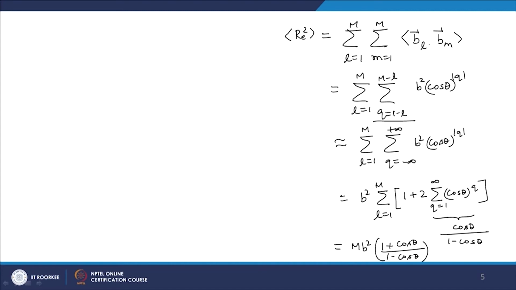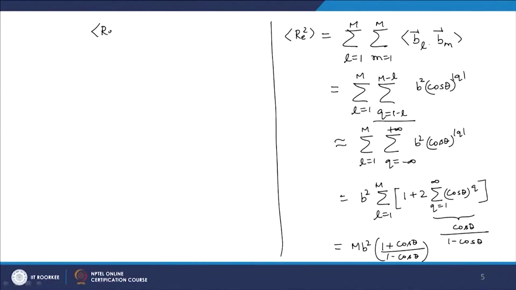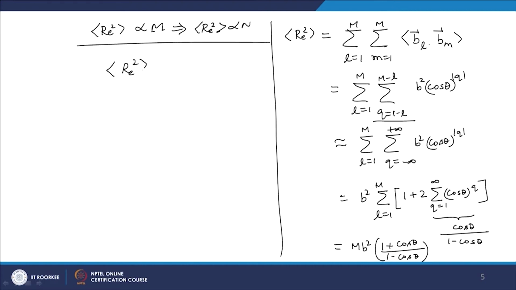Okay. So, let us try to sum up all these cases that we have discussed, and then what we have seen is RE square first of all is always proportional to m. That really means RE square is proportional to the number of repeat units, provided that every segment or step corresponds to a certain number of repeat units. And then the other thing we have seen, if I look at the actual relation, I can write it in this particular way,